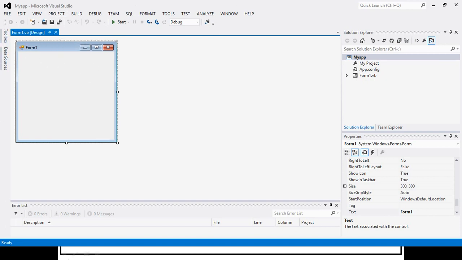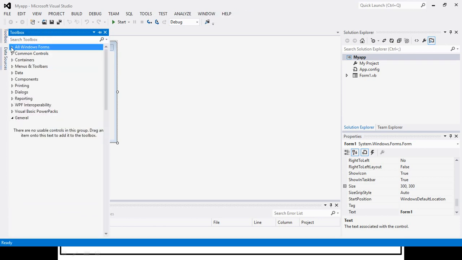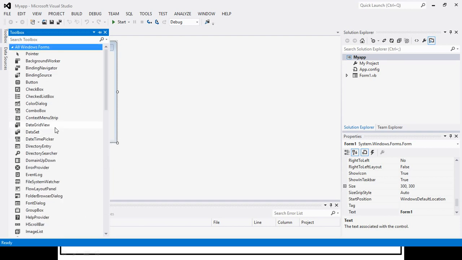Okay, now I will explain all the windows which are there in our Windows Form application. This is the title bar, which will display the project name that I have specified while creating it, that is my app. After that, this is the menu bar, which has various menus, and in the menu there are some options which are frequently required that are put into the toolbar. This is the form design window, and here we are having the toolbox.